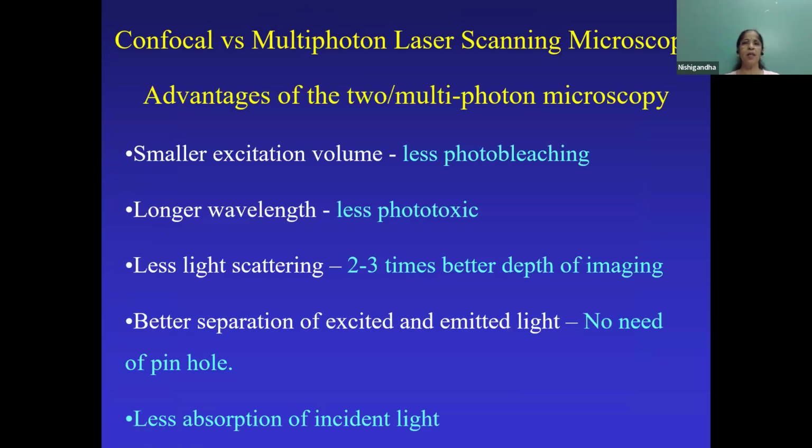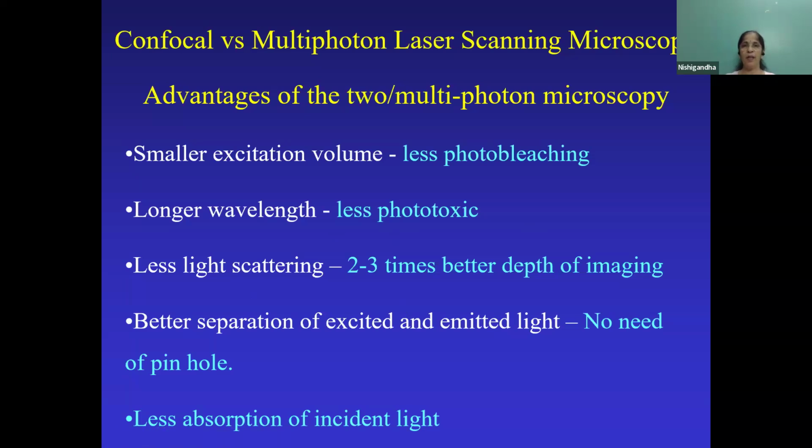So if you try to compare advantages and disadvantages of this, the advantages of multiphoton or two photon microscopy are like this, like they have small excitation volume, so less photobleaching, longer wavelength. We are using red wavelength, so less phototoxic. Then light scattering is too much better, in the sense 2 to 3 times better depth of imaging can be achieved because they are of longer wavelength. Then there is a better separation of excited and emitted light, because you're not actually using the excited light. So there is no question of actually separating them. So there is no need of pinhole in this 2 photon microscope,